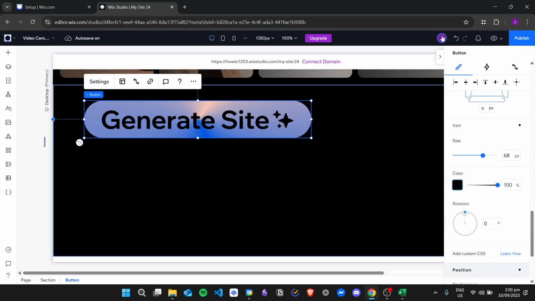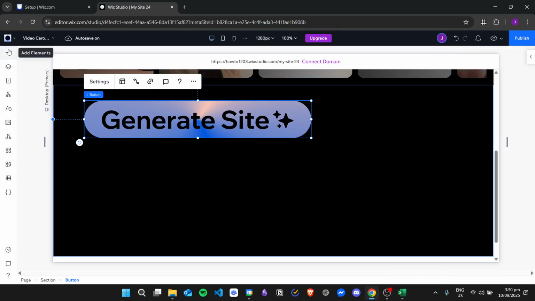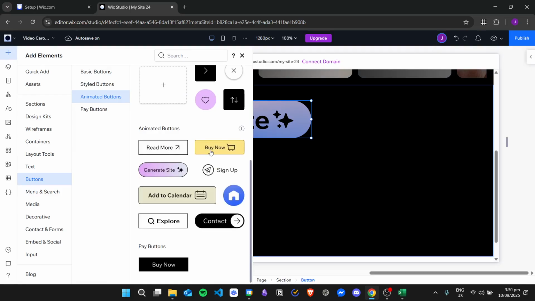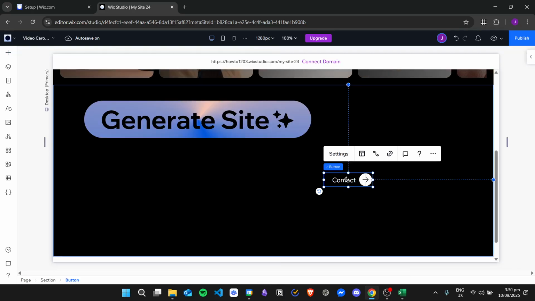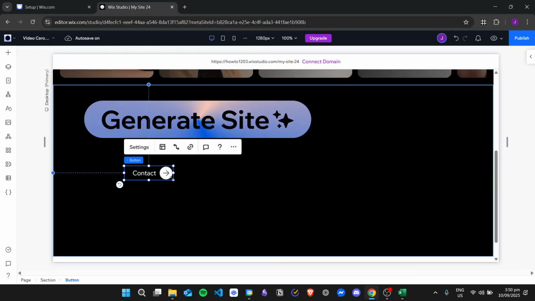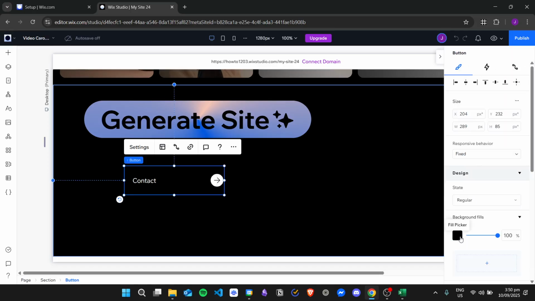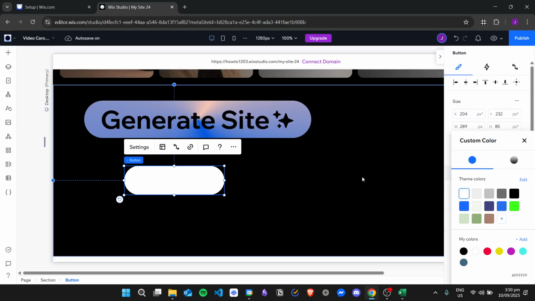But if you want to use another button, just go ahead, click on Add Elements, and then for example, I want to have this contact button right here. So I'll just add this to the website, and then I'll change its color into white since it is hard to see. And then let's change the text